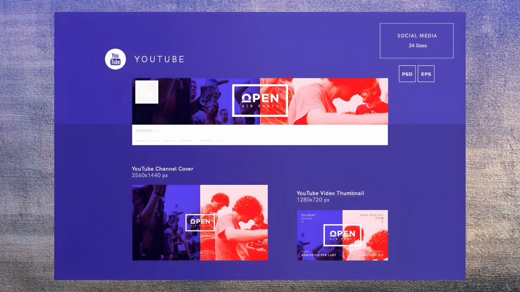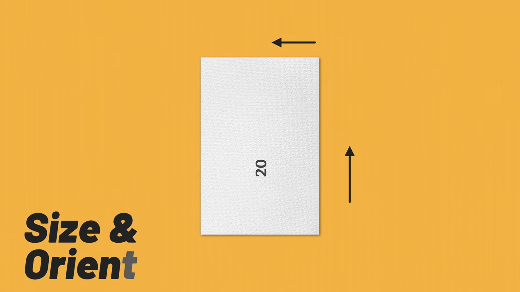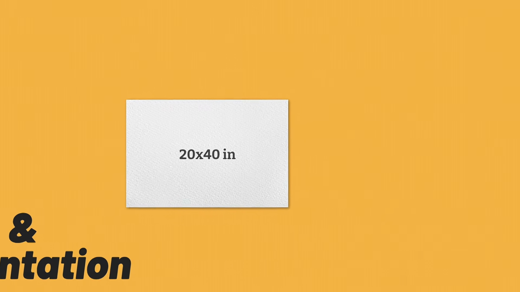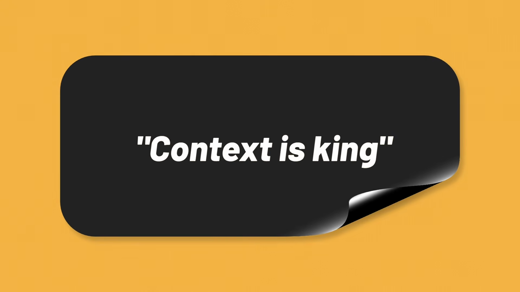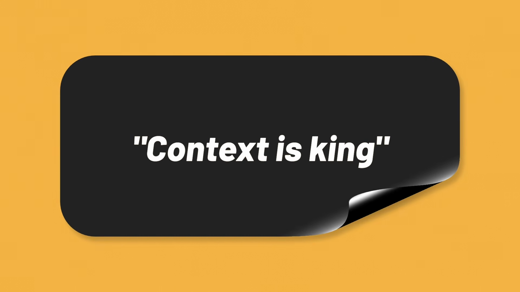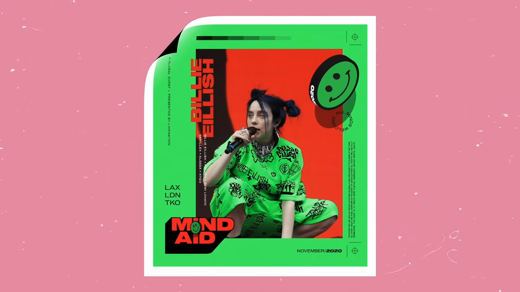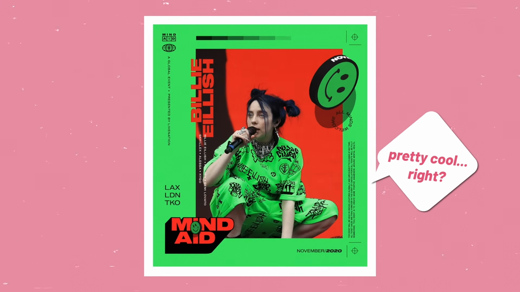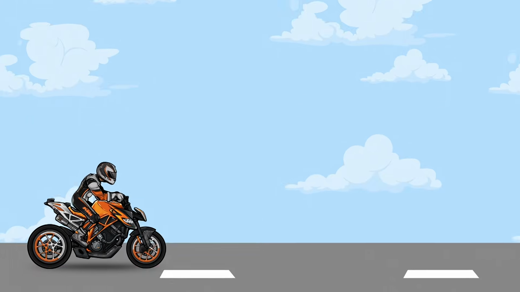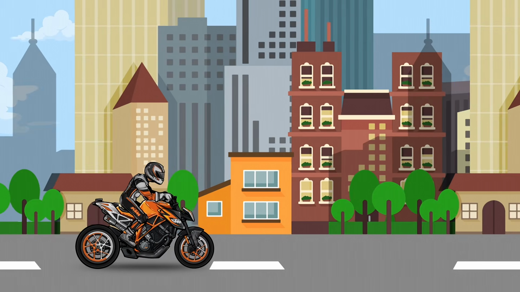So, once you've thought about the size and the orientation of your project canvas, the next step is equally as crucial. Have you ever heard of the saying, context is king? This saying actually applies so strongly to graphic design, and here's why. So what do you think about this Billie Eilish design? Pretty cool, right? Now, imagine you're zooming down the road in a car or perhaps a motorbike, and this design